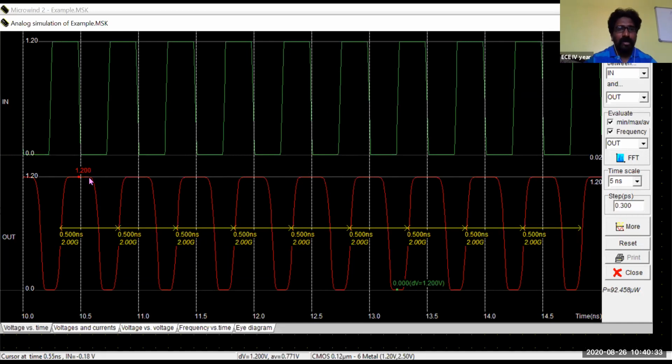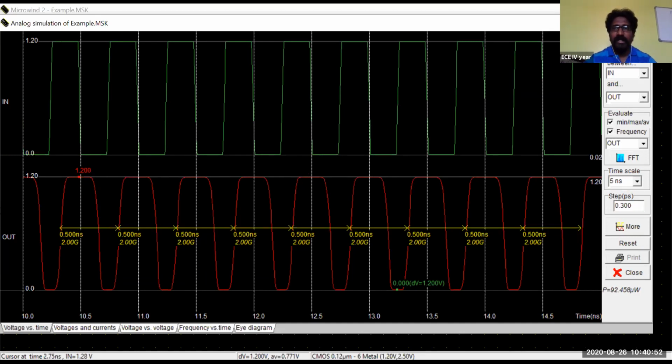Why is this delay obtained? Whatever input you have given, the same input has been obtained here, but you can find a 0.5 nanosecond delay between the input and output. So that's why you cannot see this output exactly below this input.